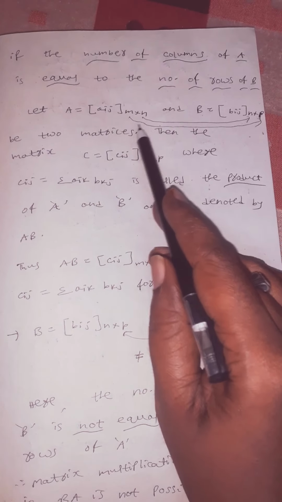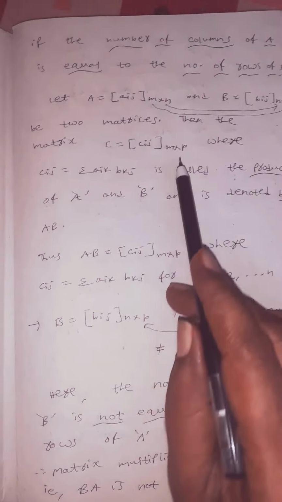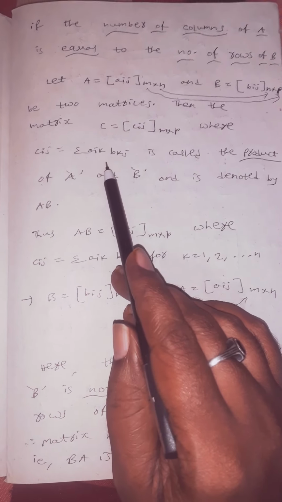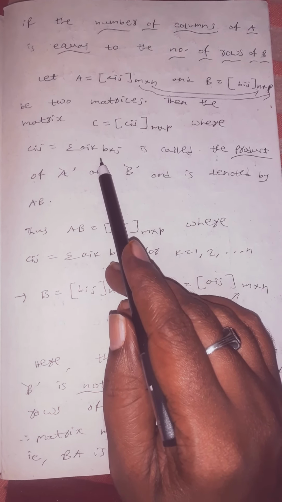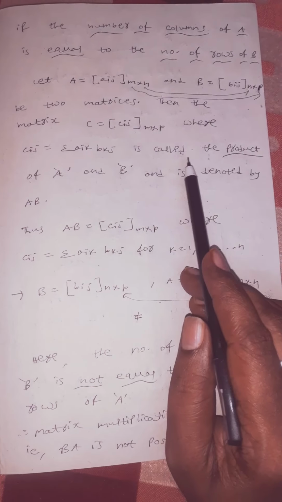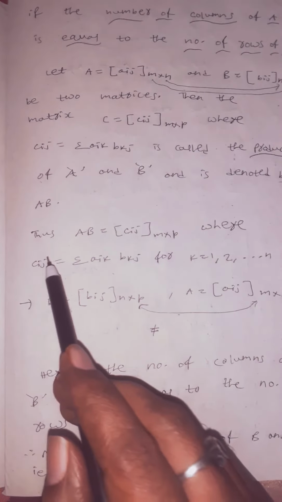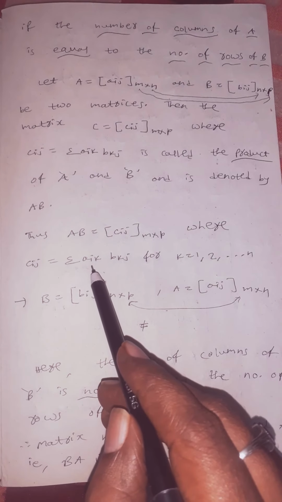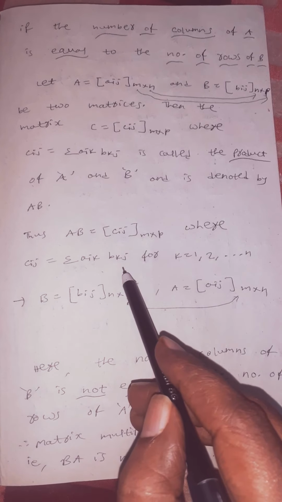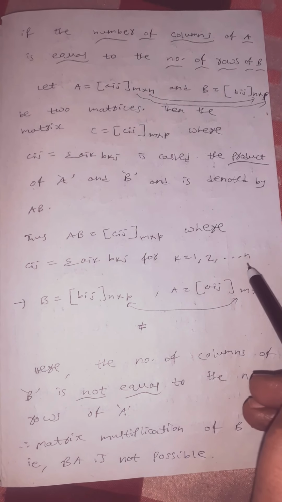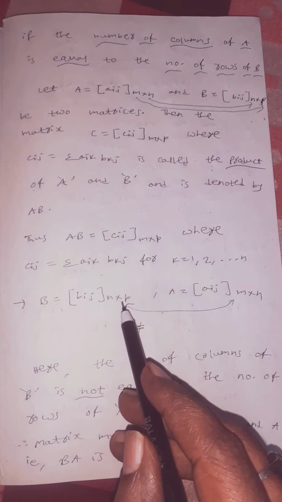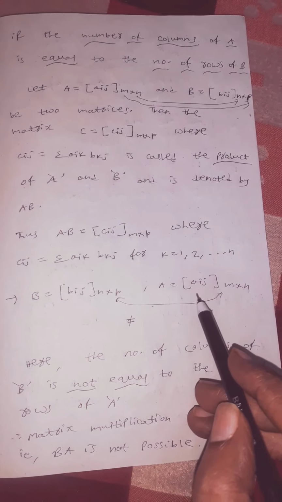So then we can write m by p, where Cij is equal to the summation, sigma, Aik Bkj, is called the product of A and B and is denoted by AB. Thus AB is equal to Cij, m by p, where Cij equals sigma Aik Bkj for k equal to 1, 2, and so on up to n. So B is equal to Bij, n by p, A is equal to Aij, m